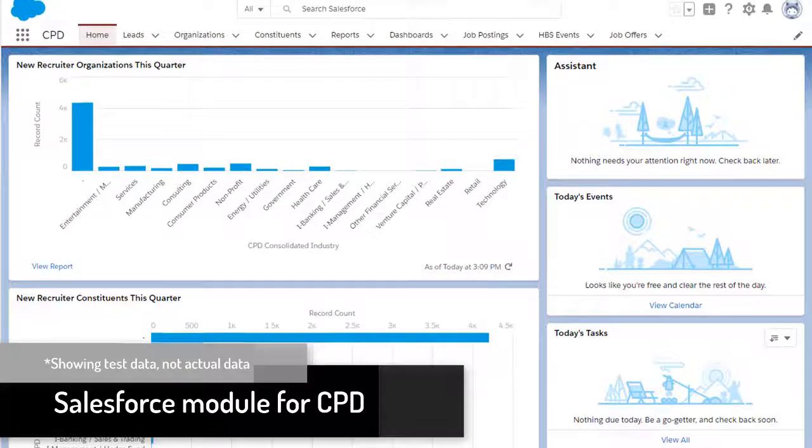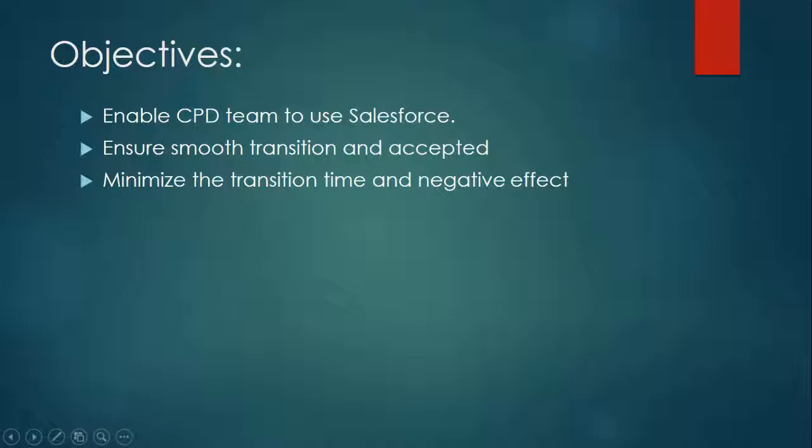The objective of this training program is to enable the CPD team, about 20 users total, to use newly developed modules within Salesforce. It was essential to make sure that the transition is smooth and accepted with as little resistance as possible from the users. It is expected that training will minimize the transition time and the effect it may have